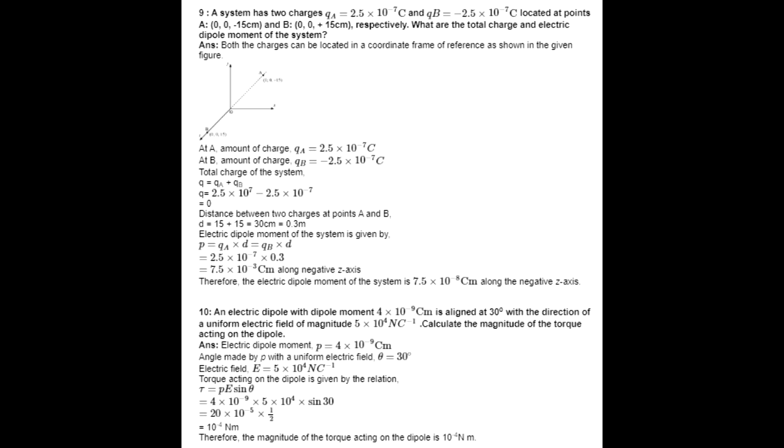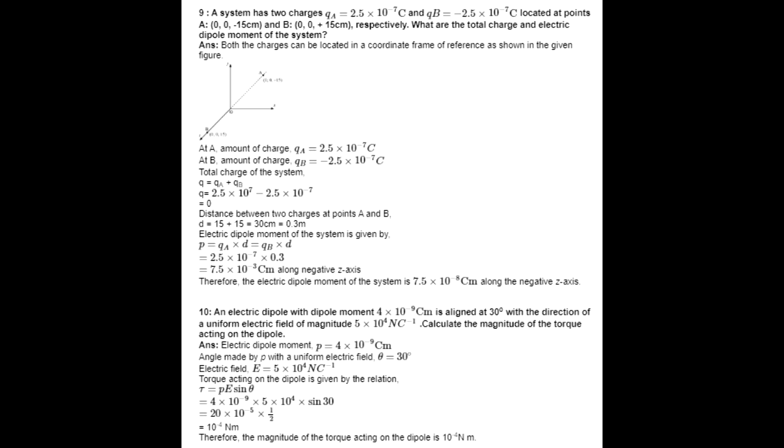You know that for total charge, one is positive, another is negative. So if you add it, the total charge QA plus QB will be 0. So the net charge of the system is 0. And if you find the dipole moment, P is equal to Q into 2a. So either charge, that is 2.5 into 10 to minus 7 coulomb, and separation between the two charges is 30 centimeter, that is 0.3 meter. So multiplying this, you get 7.5 into 10 raised to minus 3 coulomb meter along the negative z-axis,